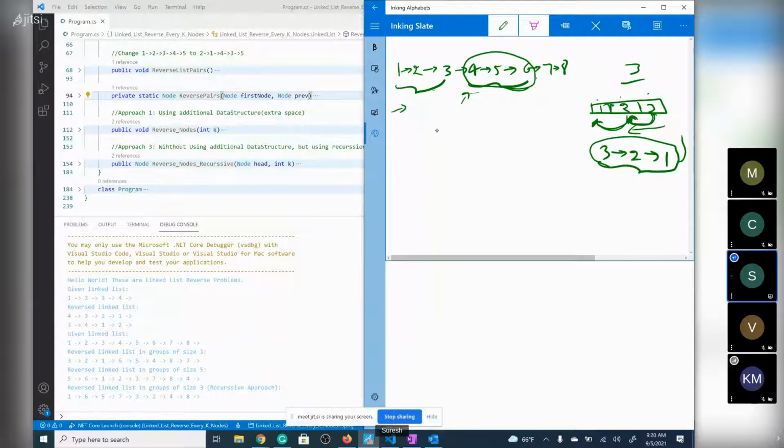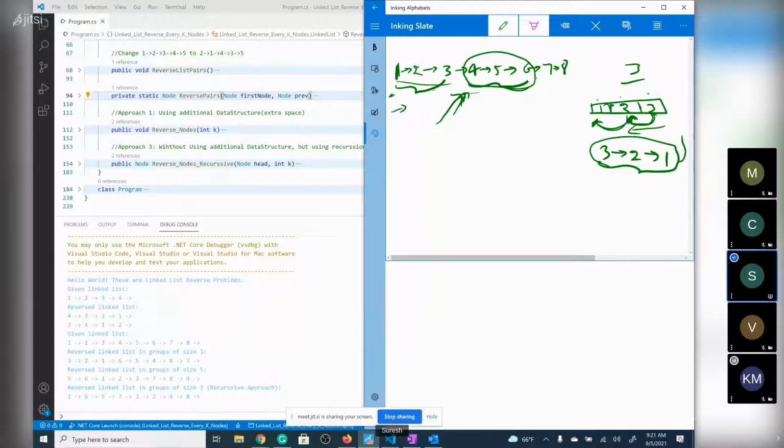So basically, for the first chain of elements, previous is null. There is nothing. We need not worry about the previous element, because this is the starting of this whole thing. But if you are processing the middle of the linked list, we always need to make sure that there is a previous node that should point to this updated linked list, or updated chunk of elements, right? So here we will update using an array, no problem. But once the update happens, that previous node should point to that updated